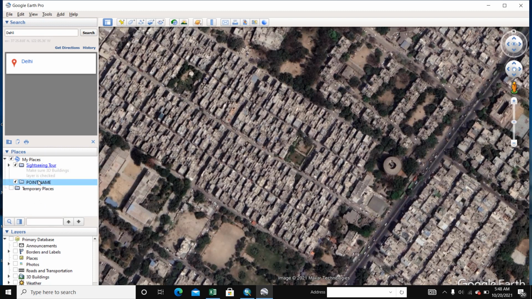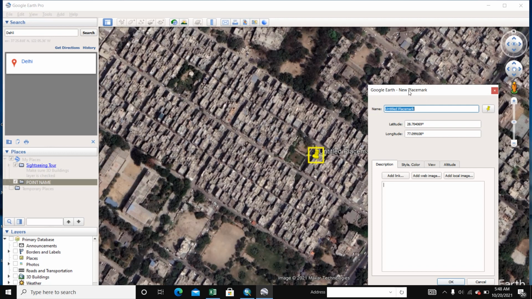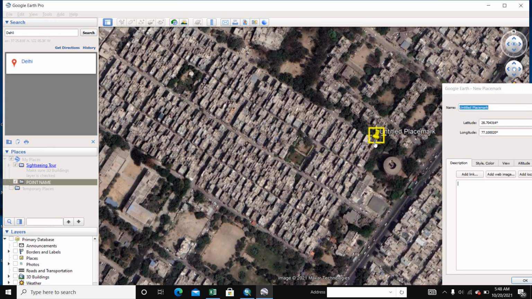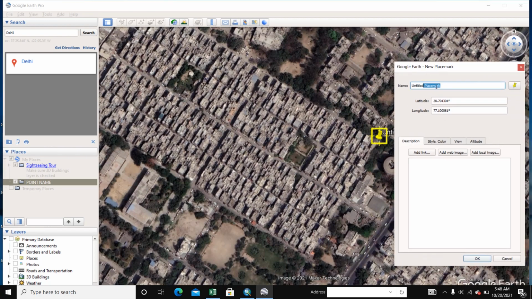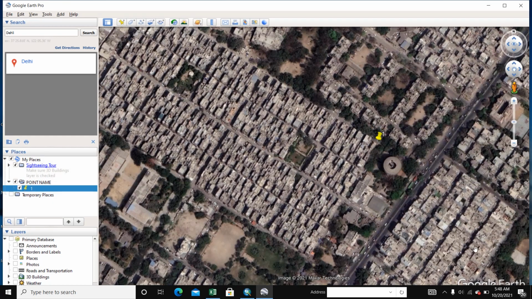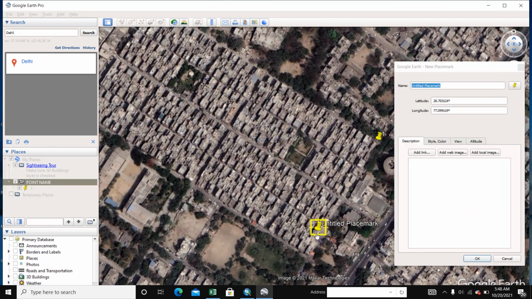We select it. If you want to put a point here, you select the folder, go to Add Placemark and put the exact position here. We put it and write a name, 1, and OK. Second point, we select the point name, go to Add Placemark and select the second point.